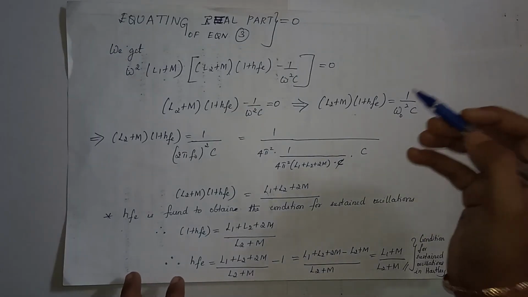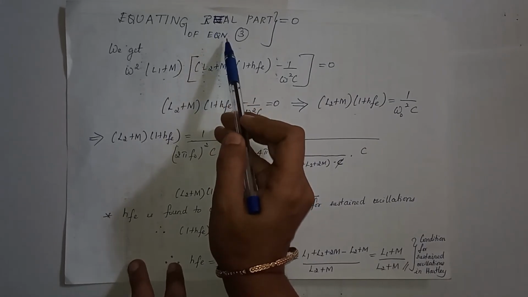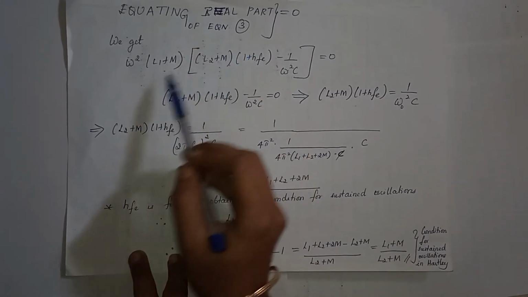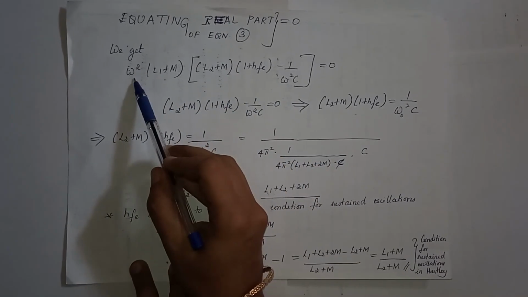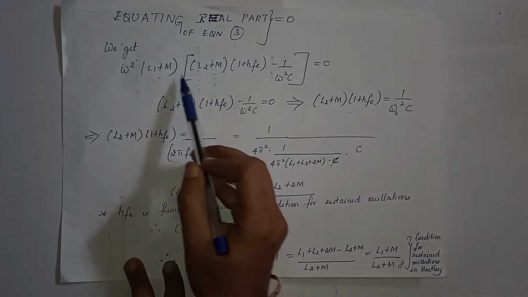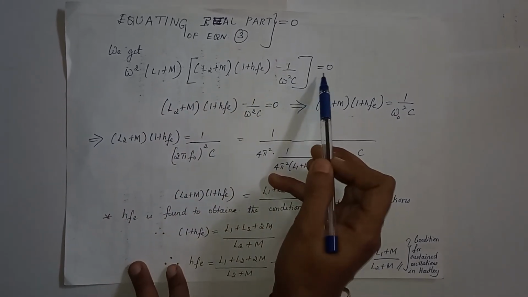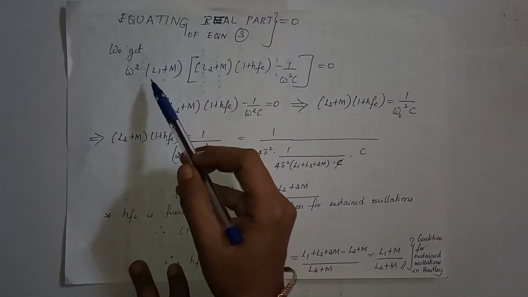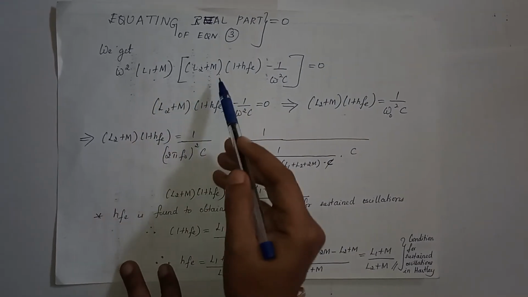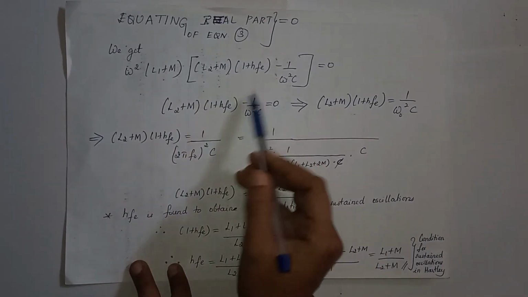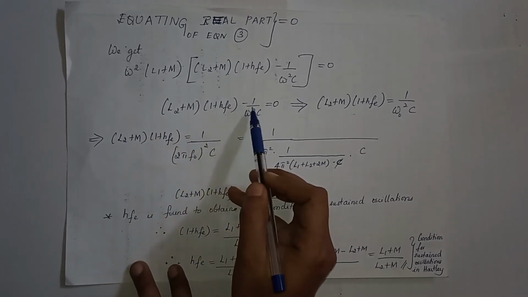Next, in order to find the condition for sustained oscillation, we equate the real part of equation 3 to 0. So this is the real part of equation 3. So the value is omega squared into (L1 plus M) into (L2 plus M) into (1 plus HFE) minus 1 by omega squared C. This is equal to 0. So this term, if you bring it on the right hand side, it becomes 0. We can neglect this first term. So this term alone will be equal to 0. So I can write this equation as (L2 plus M) into (1 plus HFE) minus 1 by omega squared C